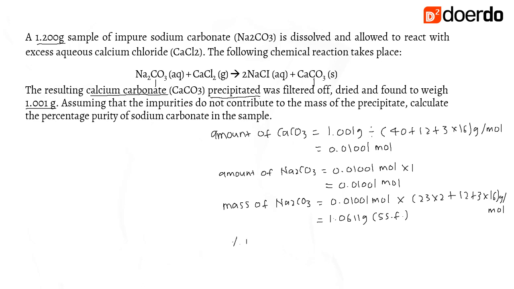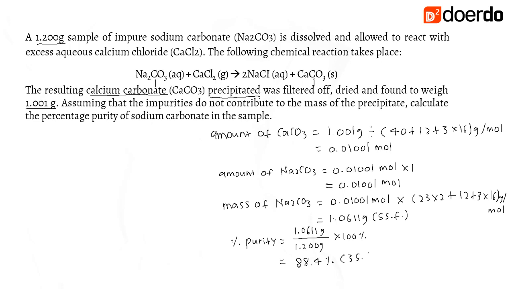And your percentage purity, if you remember the formula, is the mass of your pure sample, 1.0611 grams divided by 1.200 grams times 100%. 1.0611 divided by 1.2 multiplied by 100 gives you a but rather high percentage purity of 88.4%,